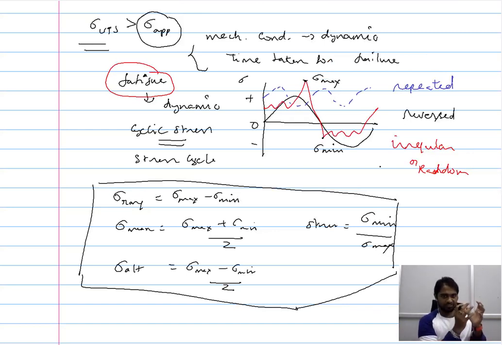So for fatigue testing, you need a dynamically changing stress condition, and this can be introduced by stress cycles. There are three different forms of stress cycles: random, repeated and reversed. But despite their differences in nature, you have specific points, the maximum stress and the minimum stress. Depending on how you relate the maximum stress and minimum stress, you can calculate different parameters to characterize these stress cycles. You have a stress range, mean stress, alternating stress, and finally the stress ratio. So using these terms, one can characterize or quantify the stress condition that is being introduced in the fatigue test.